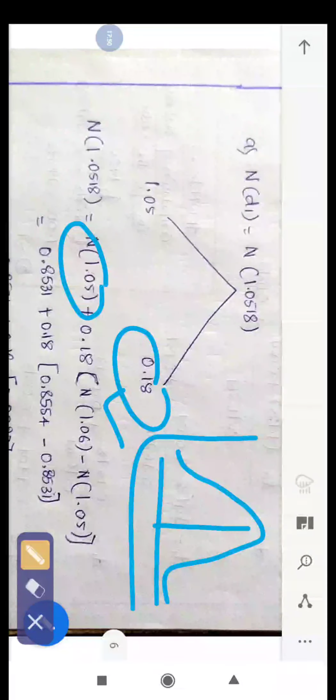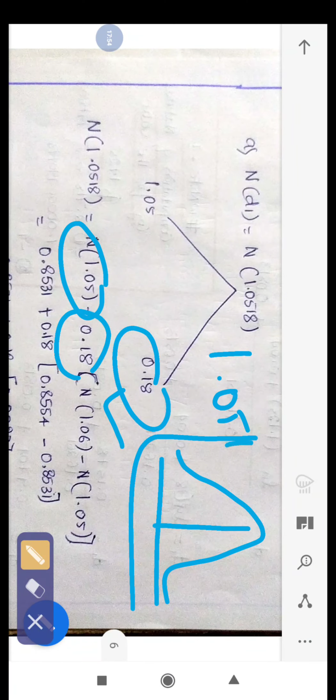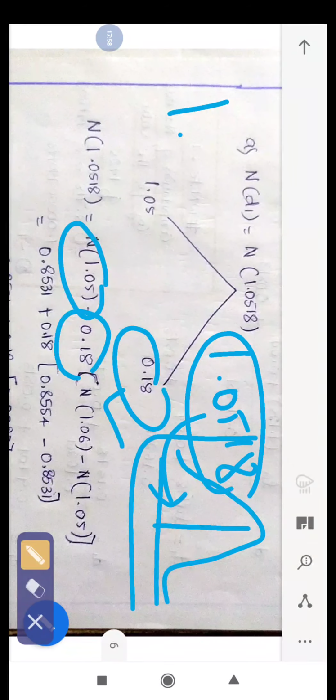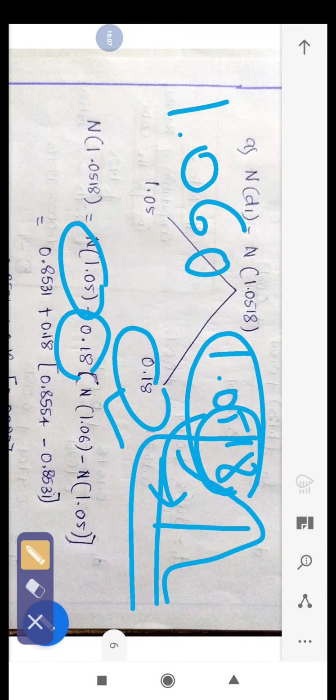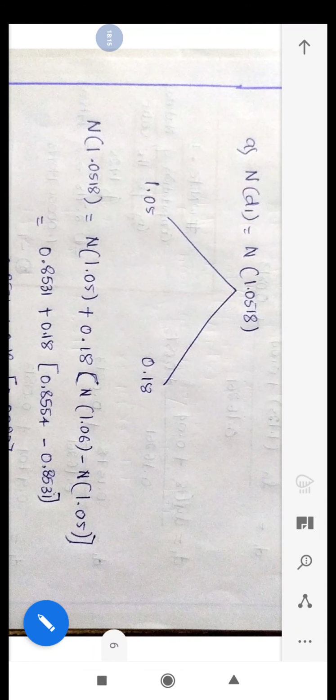So this 1.0518 will lie nearer to 1.06 only. So this 518 is nearer to 1.060. So that's why we have to take here the nearest above number. So that is 1.06. So this formula is